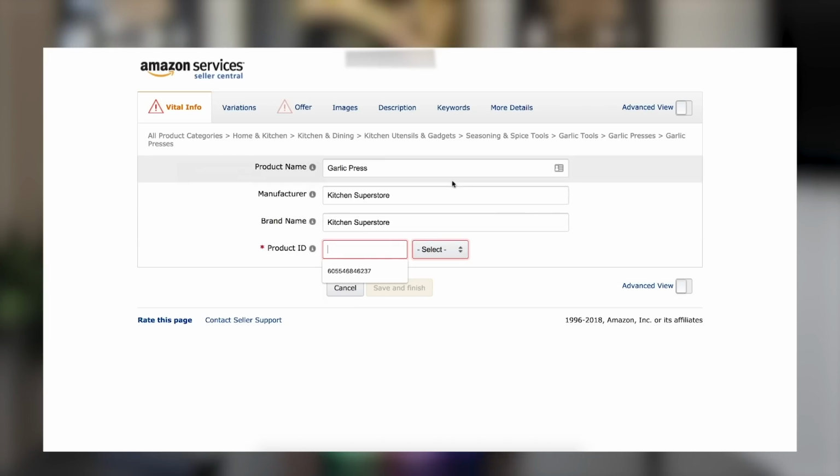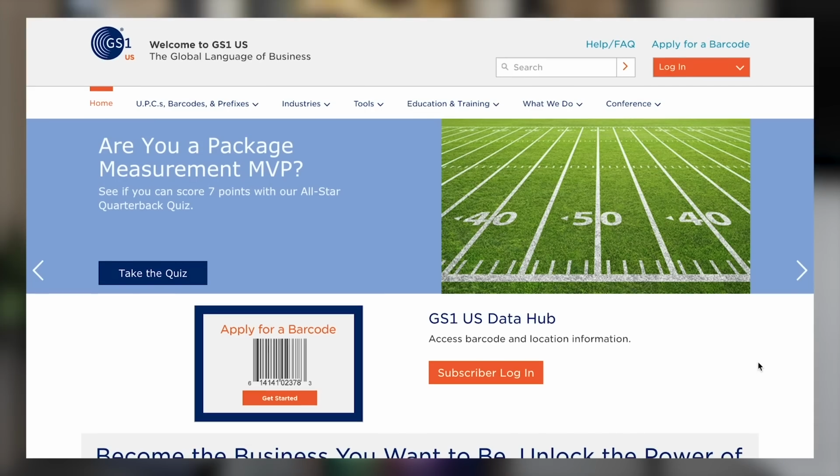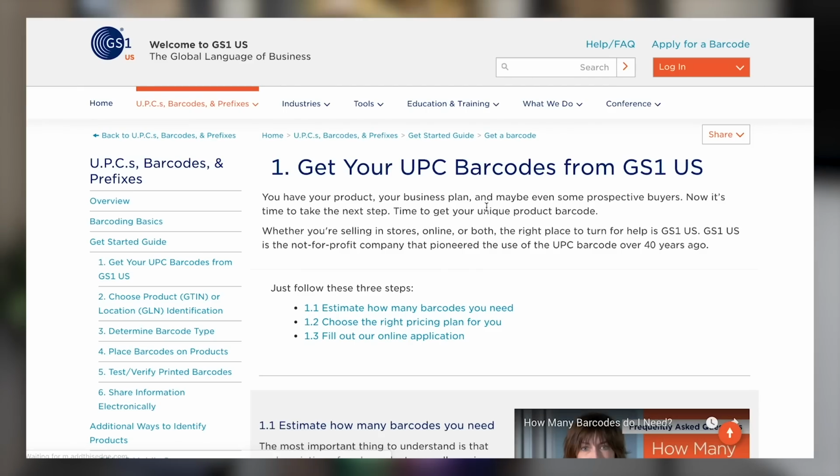Next, we're going to put in the product ID, which is a UPC, a Universal Product Code. This is the numerical code that creates the barcode that's unique to every single product in the world, whether you find it at Walmart or you find it on Amazon. You can purchase barcodes from gs1us.org. This is the official way to purchase barcodes and UPCs for Amazon, but they are a little bit